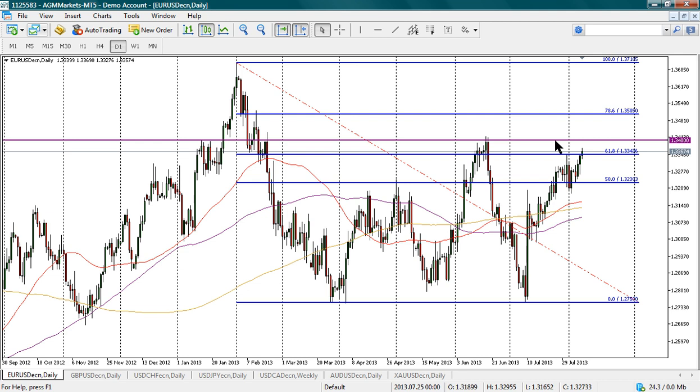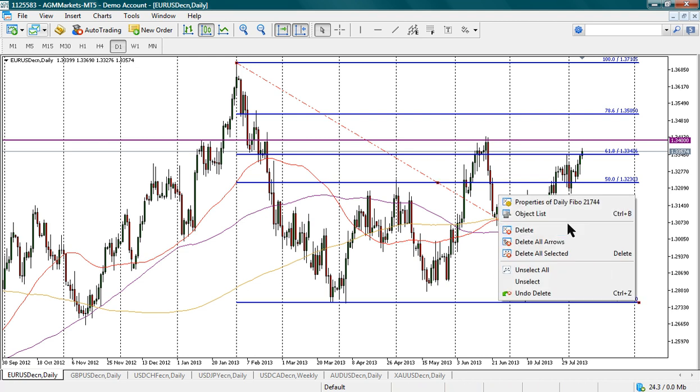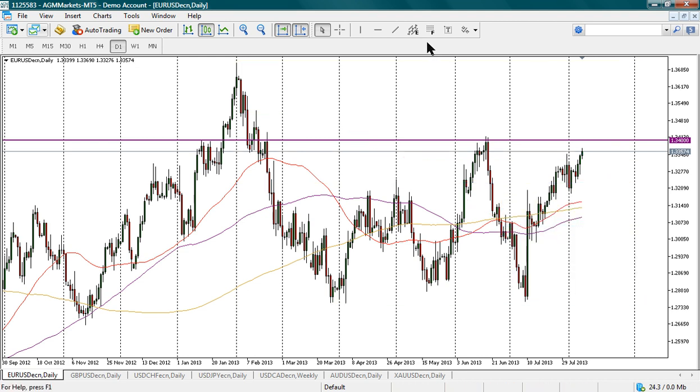But it's the key line in the sand for the rest of the week, in my opinion, that 1.34 handle. If we get above that, then it really can grind higher towards that 78.6 fib, which stands at the 1.3505 level. But if it starts to retrace for whatever reason, then the fib I'll be looking out for